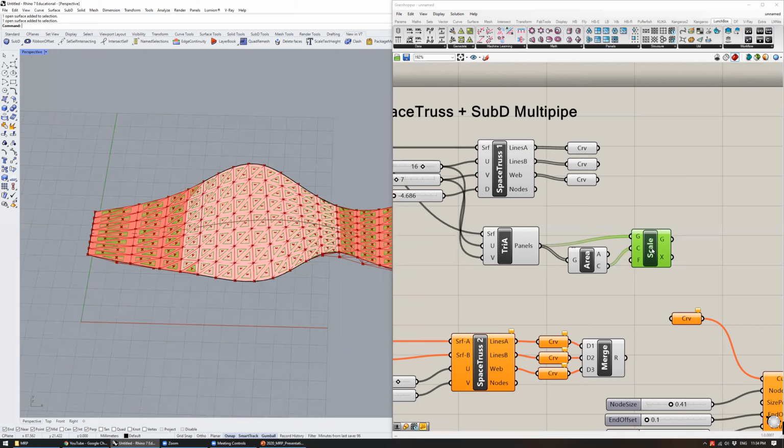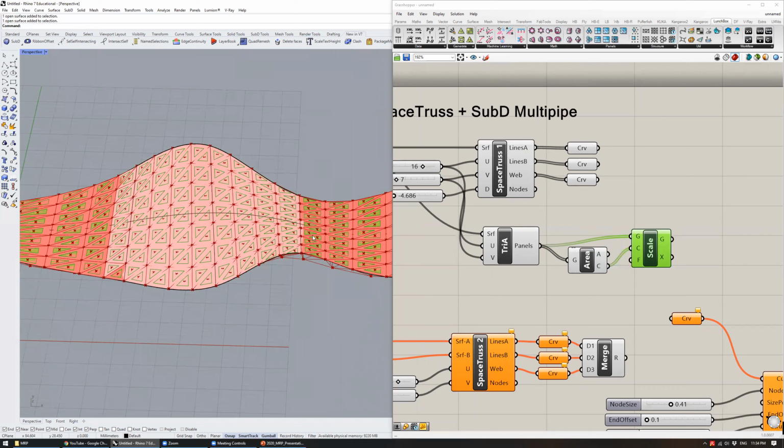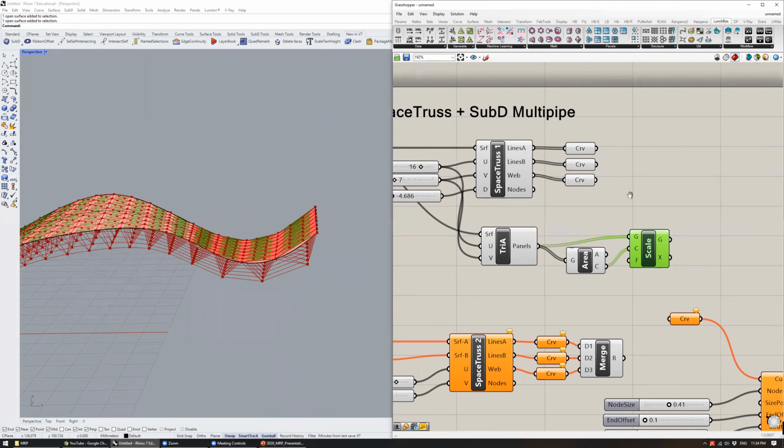And obviously you can take this and apply an attractor or something like that, so the opening can vary across the entire thing. So you start to put bits and pieces of these logics together, okay? Now, the multi-pipe portion,